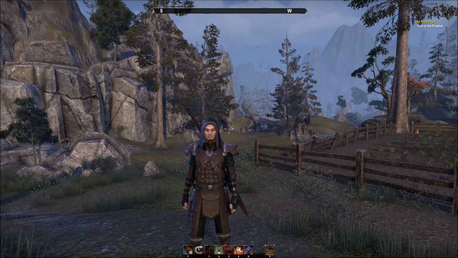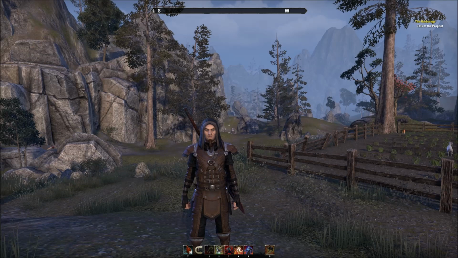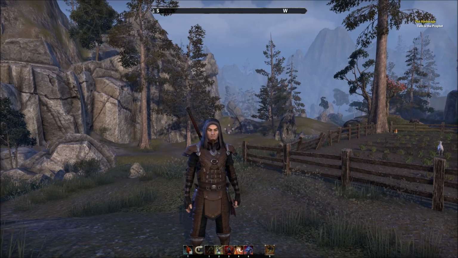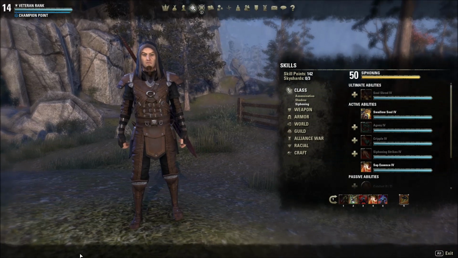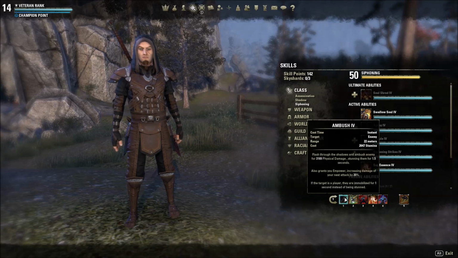I'm actually going to show you and share with you a build that I made for a friend in a guild. It's kind of like a group-friendly or group-centric Nightblade build for dungeon questing, you know, for doing dungeons with your group. Alright, so on bar 1, I'm using a two-handed greatsword, and the skills that I'm running are